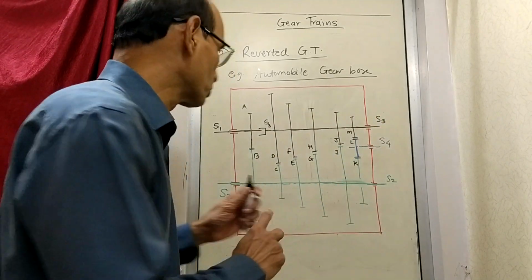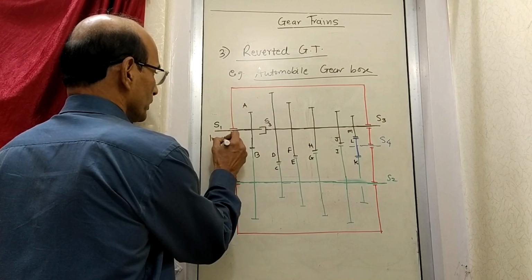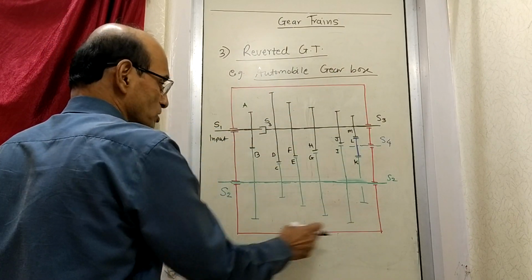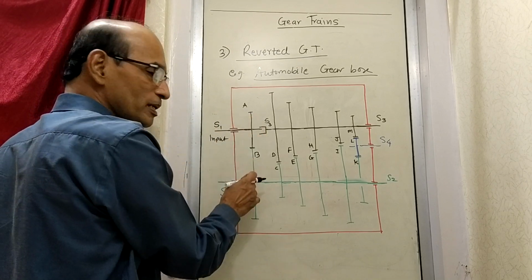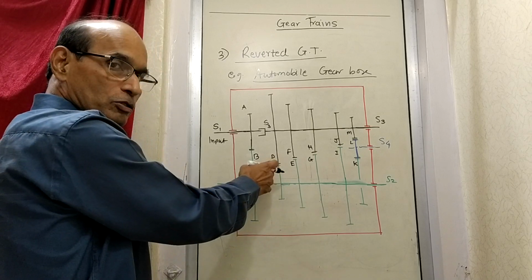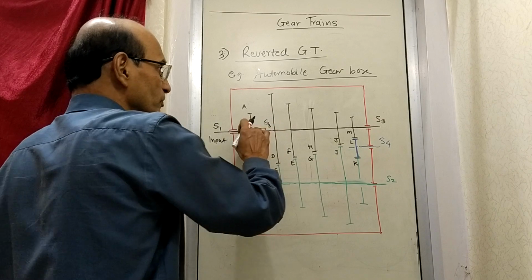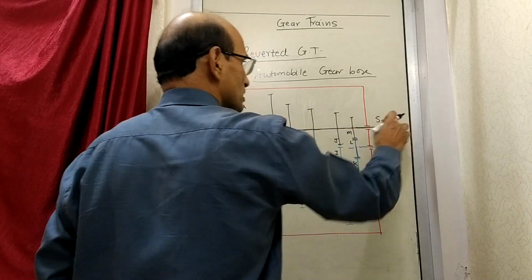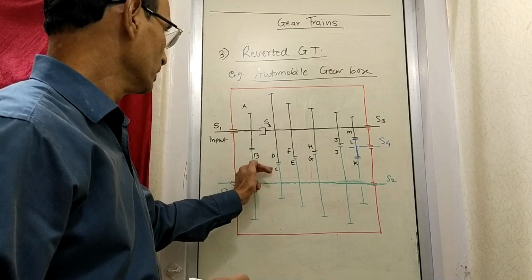That means the power comes from, see, this is the input shaft, input to the gearbox. This whole thing is a gearbox. So the power is input to the gearbox. Then power goes from A to B. There is a different speed. B starts rotating. Because of that, C also rotates at the same speed. Power goes from C to D. D starts rotating, and as a result, S3 rotates, and you get some combination: A to B, B to C,